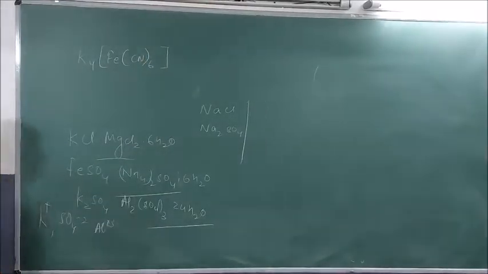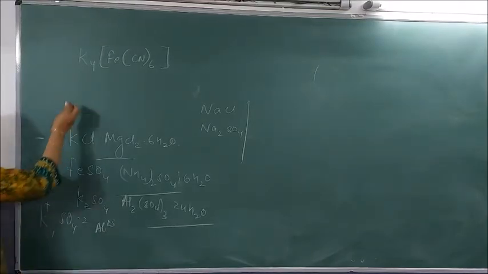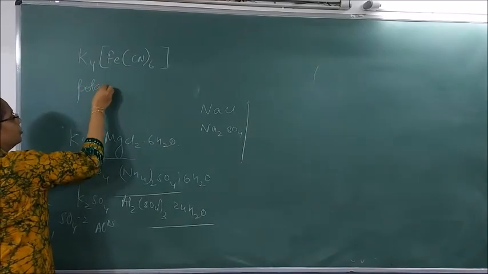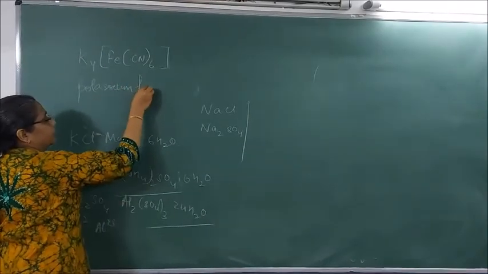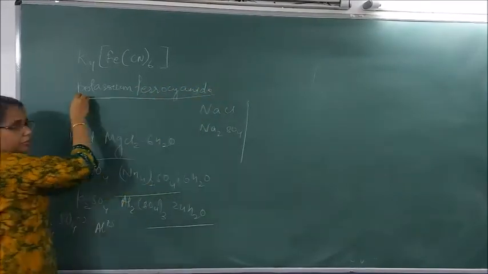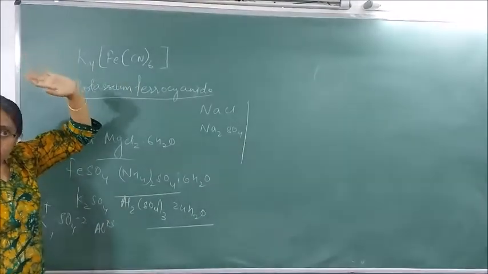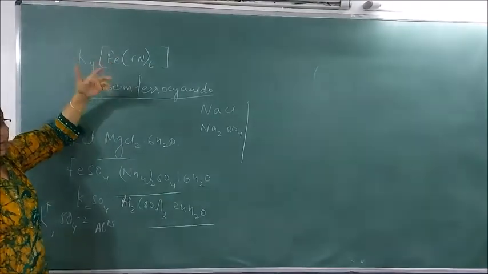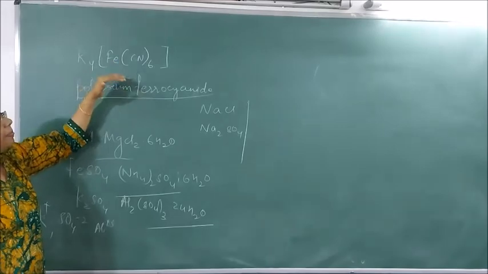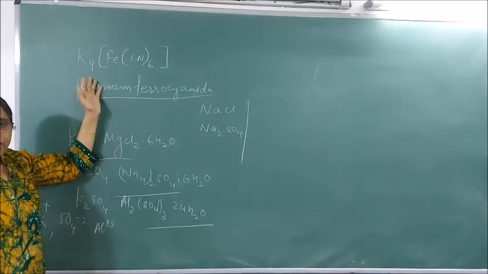K4[Fe(CN)6]. This compound is called as what? Potassium ferrocyanide. But this name is a common name. We will change it because our original name will become what? Potassium hexacyanoferrate(II). That is how we have to learn. So commonly it is called as potassium ferrocyanide. If I eat this or drink this, I will never die because I don't have any cyanide ion